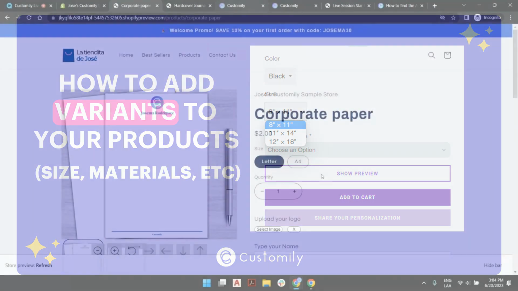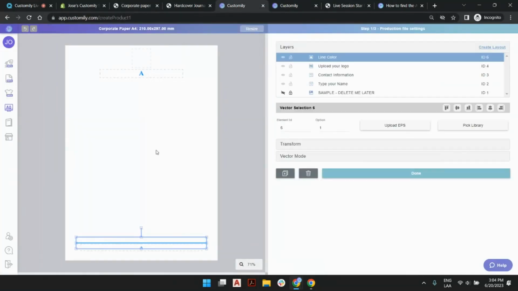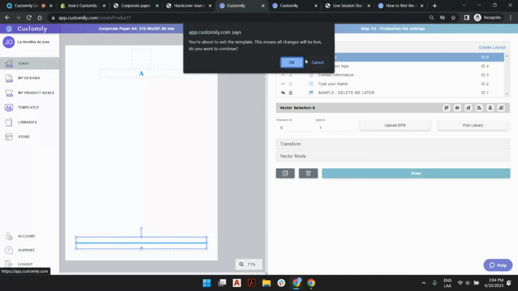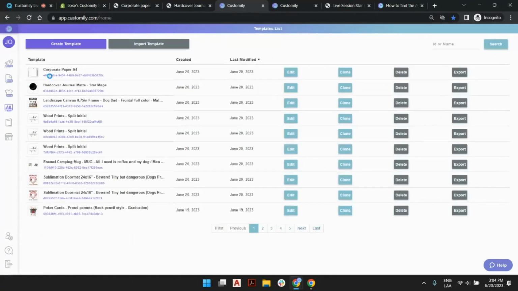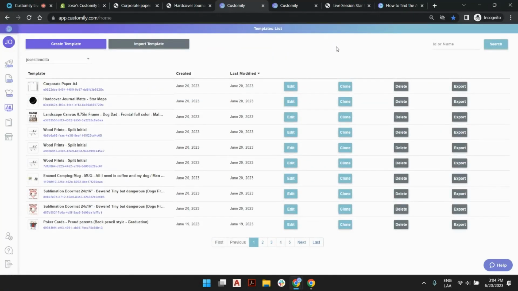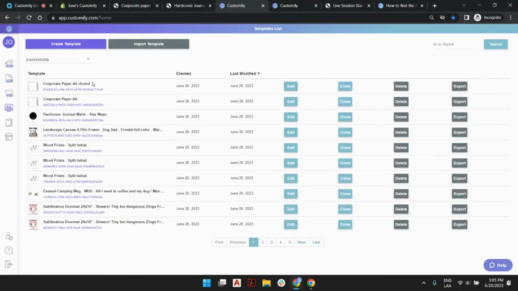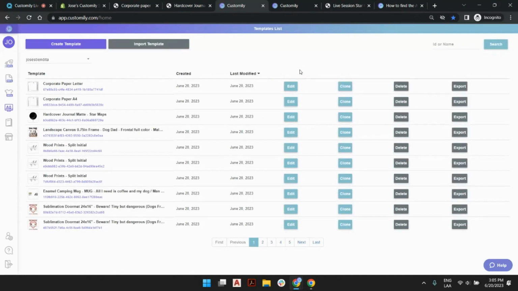Quick comment on the sizes. We created an A4 template. If you also want to create the letter template, letter size, the easiest way to go is to hit the clone and copy everything. Everything, I mean everything. The size, the settings, all. I can change this to letter. Yep. I'm not going to do the changes, or maybe really quickly, but